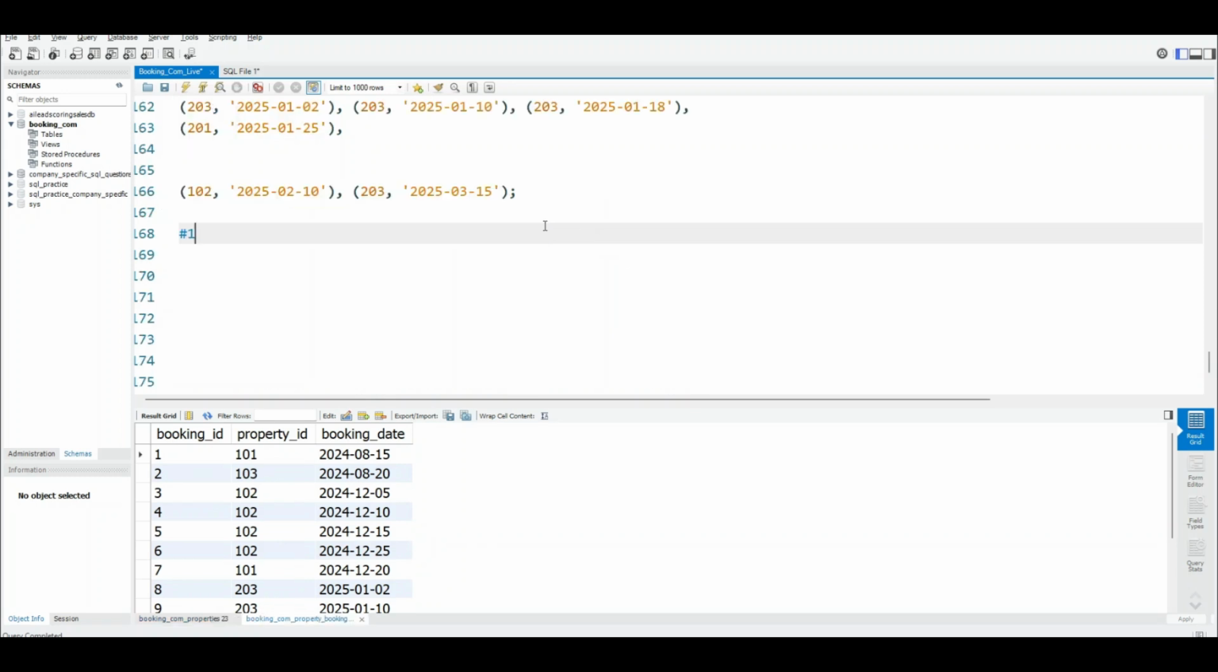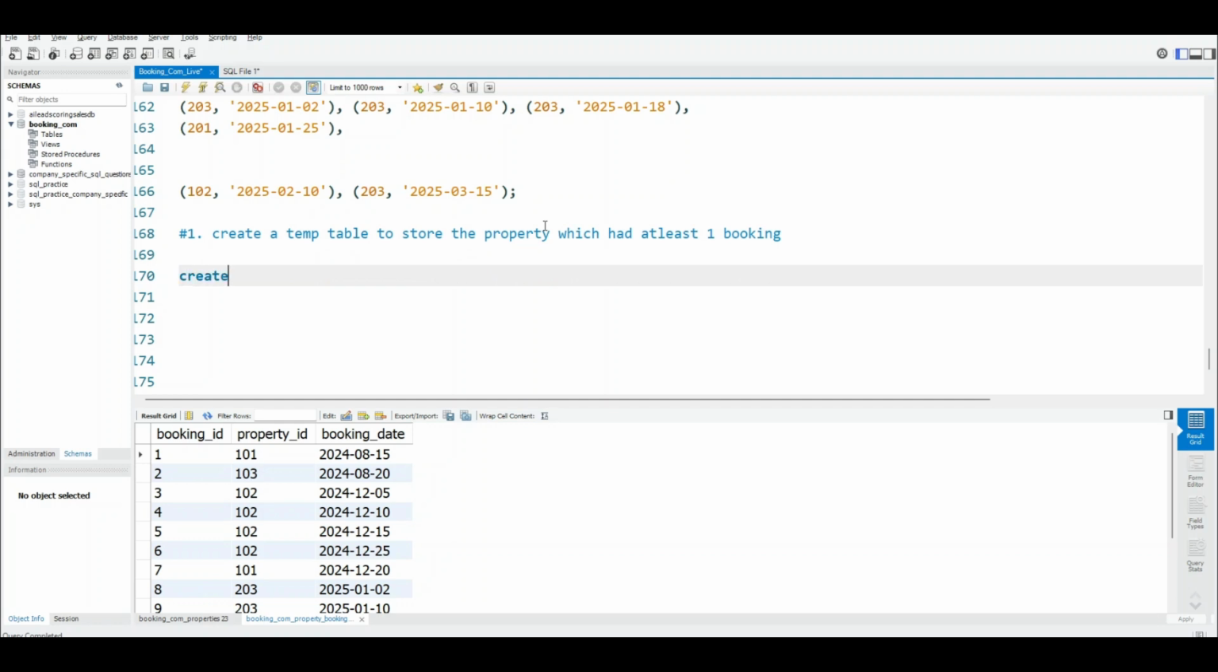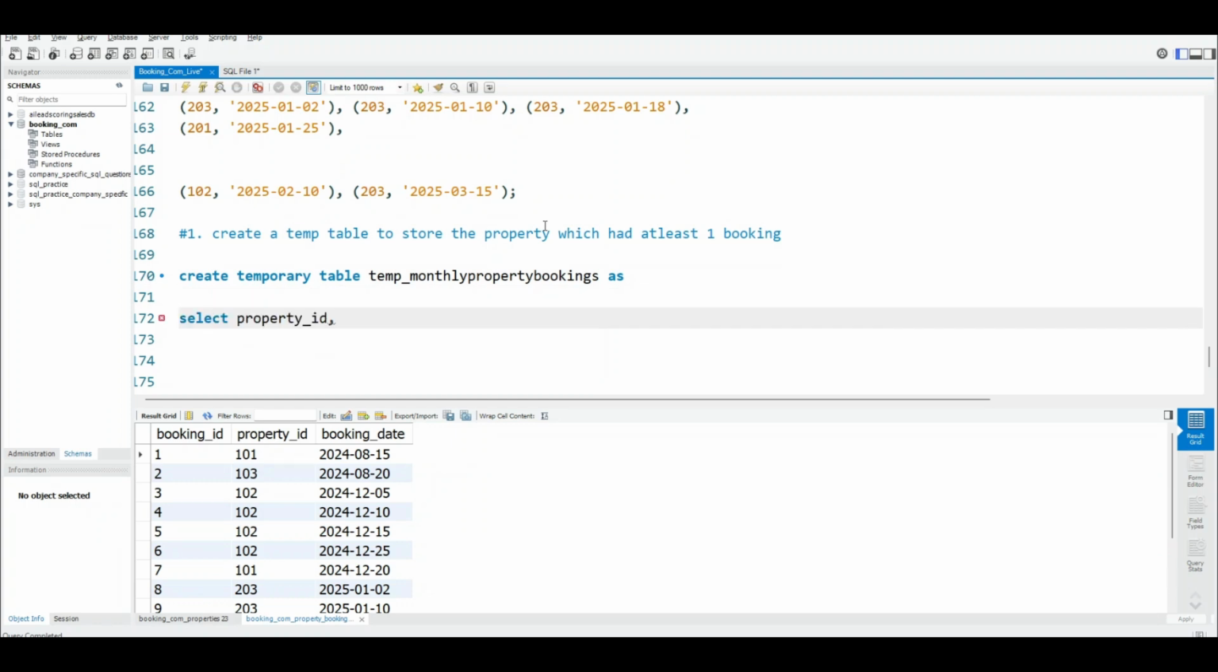So the very first step is, we are going to create a temporary table to get the monthly booking count for each property that had at least one booking, that is the successful booking that they had. So that is what we are going to do. Create a temp table to store the property which has at least one booking. So create temporary table temp monthly property bookings as. So we are going to do select property ID,